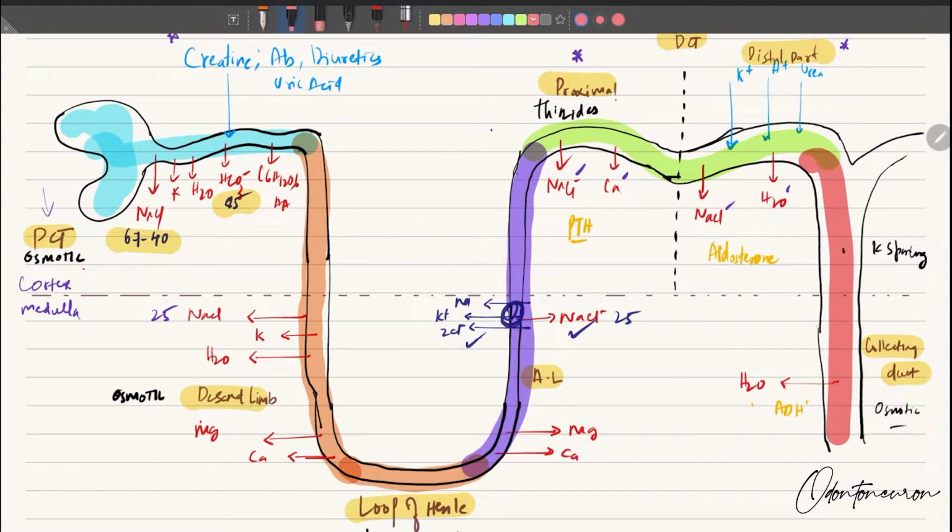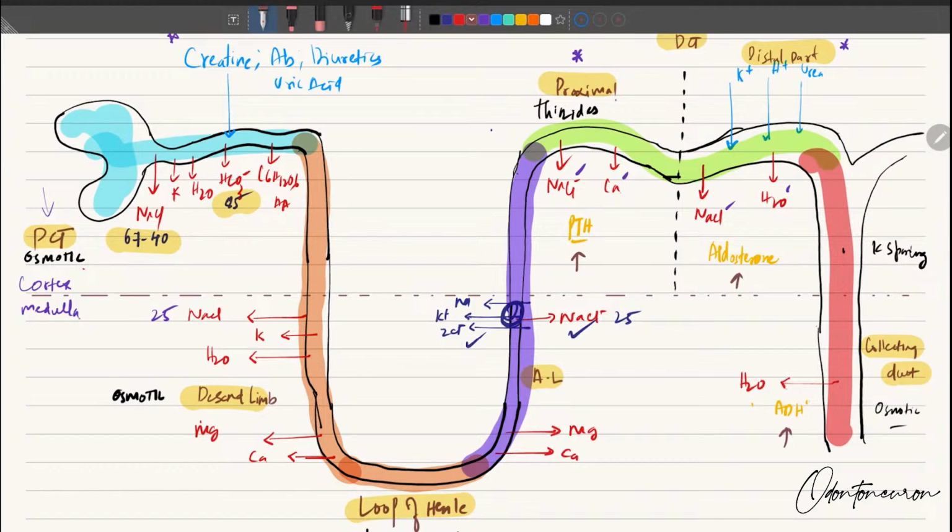It descends down via the collecting duct and goes out via your urine. So even in the collecting duct, the last process where your water is being reabsorbed, right? So you have certain hormones, right? Your PTH is working here. If you guys can see, your PTH is working, your aldosterone is working, your ADH is working, and all this